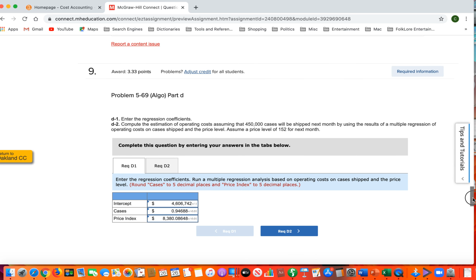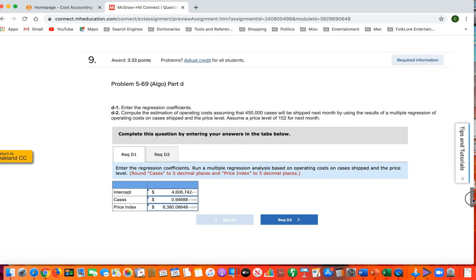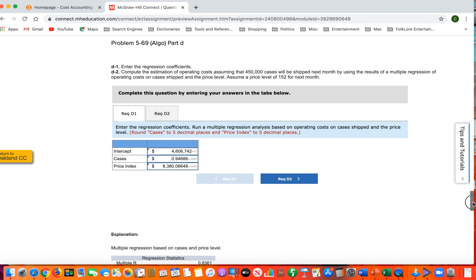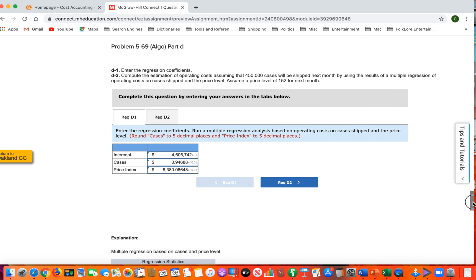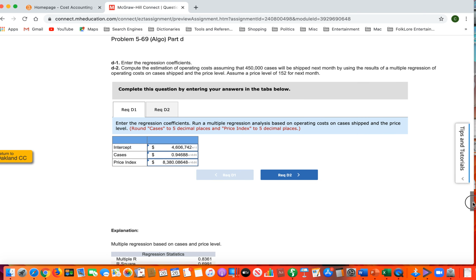Number 9, same thing. It's the same thing. Of course, this is multiple regression. They added price index. They added one more independent variable. So what you're going to do is you take that constant, the intercept, y equals